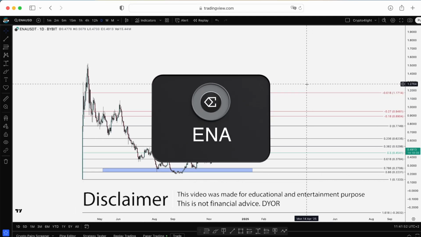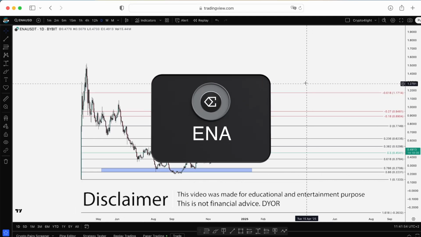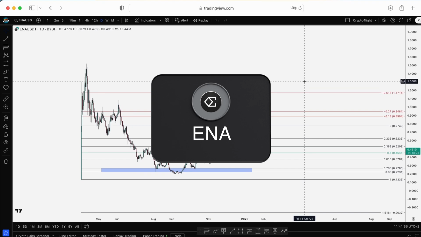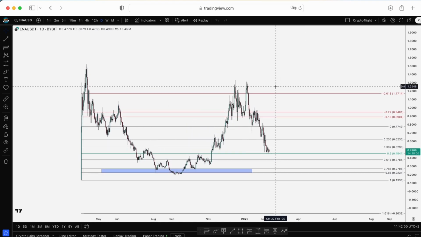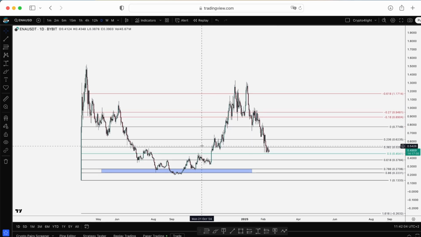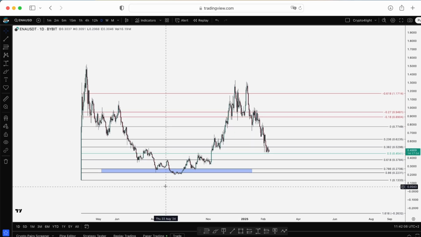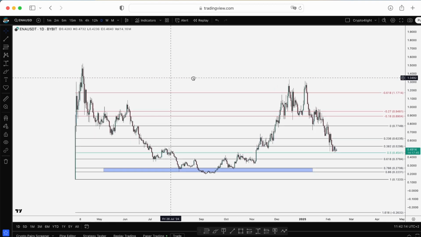Today I would like to show you the updates for the ENA USDT trading pair, at my customer's request. Let's dive in. Guys, the invalidation of the idea we saw on Binance and on other exchanges, but on Bybit, what we analyzed before is still in play. On Bybit, the listing prices were a little bit different. So we analyzed it before in the first video about ENA.